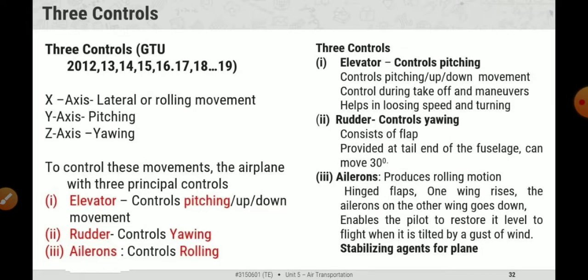Now these 3 controls are mentioned here with details of what each is doing. The elevator controls pitching in up and down movement. The rudder controls yawing and consists of a flap provided at the tail end of the fuselage, which can move 30 degrees. You know the fuselage is the main body where passengers are situated. And the next one is the aileron, which produces rolling motion.